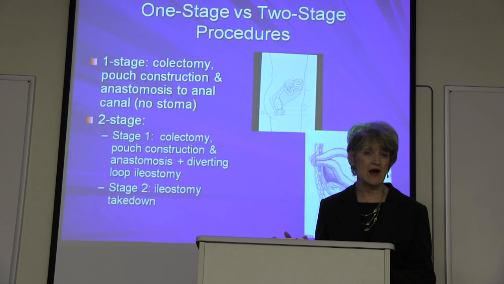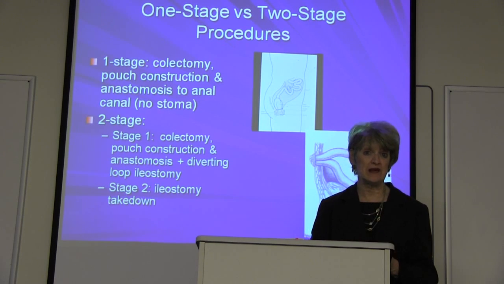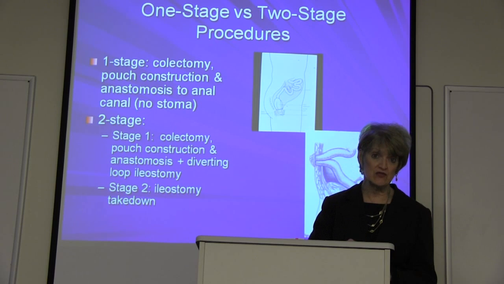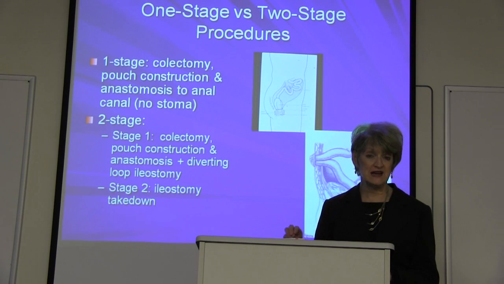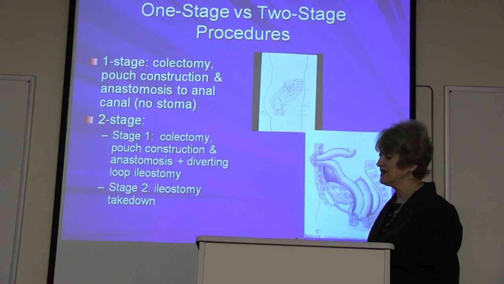Once we get the colon out, we can start tapering down the steroids, give them a period of time to lose that weight so that the mesentery again becomes mobile. Then take them back to surgery, create the reservoir, connect the reservoir to the anal canal, do a protective ileostomy, and then bring them back and close it. I'm not going to ask you